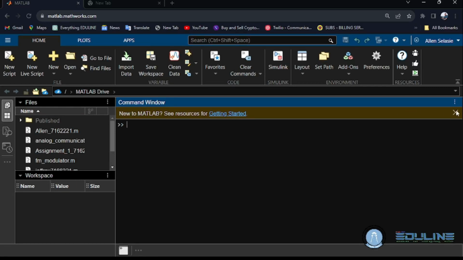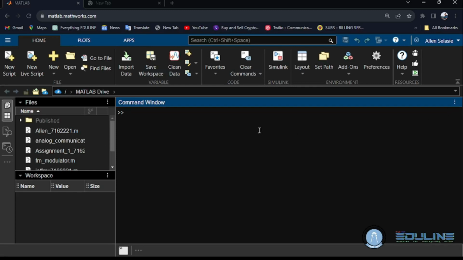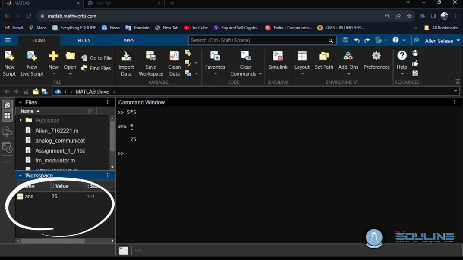Before I go into that, I'll show you some basic commands you can do in the command window. In the command window, you can do something as simple as additions, multiplications, subtractions without actually doing any real code, like let's say 5 times 5. When you hit enter, Matlab creates a variable called ans, and assigns the value of your answer to that variable called ans. And you can see down here that immediately I did that, in the workspace the ans appeared there with the